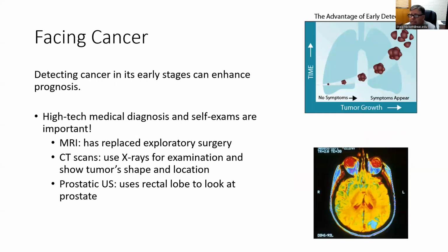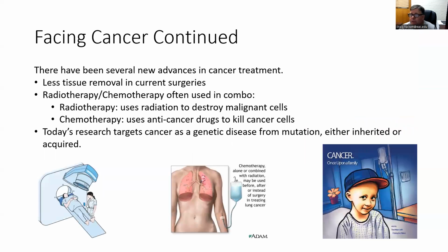So what do we do when facing cancer? Well, we've got lots of things that can detect it. Early detection really is the key. The earlier we can get it, the better. That's really what this slide said. Just try to find it early. Doctors are trying to do less tissue removal than before. They're getting way better at radiation and chemotherapies. They're looking at genetic markers using CRISPR techniques. They're looking at genetic codes along the RNA strand, so they can actually see where the cancer is, and they're doing some really good stuff with that. So it's getting better and better. We still could fund this more if we had more funds, but it's getting better.